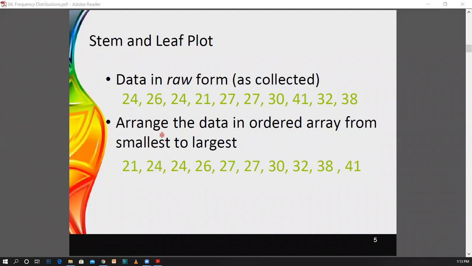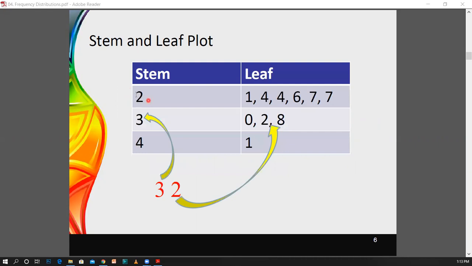Therefore, you can still stick in this row, because still the stem is 2. Then you are separating the next number with a comma, and comma separated values will be used here. Then the next value is 24. Therefore, now leaf is 4, stem is 2. No need to rewrite the stem again and again. Therefore, we are only writing the leaf number only.